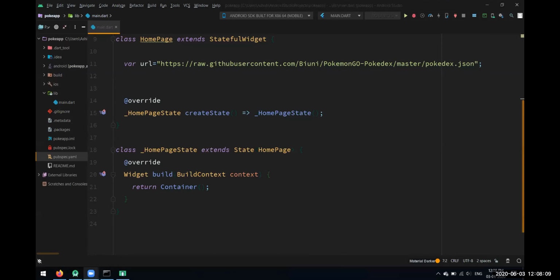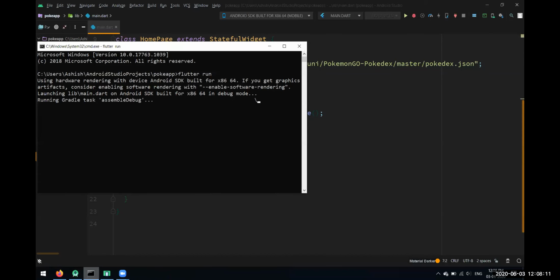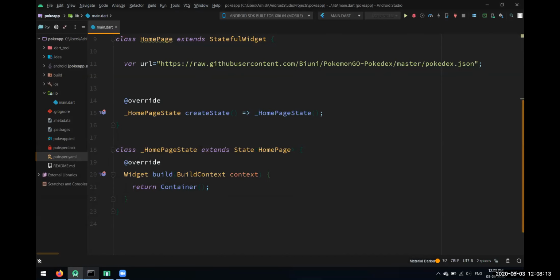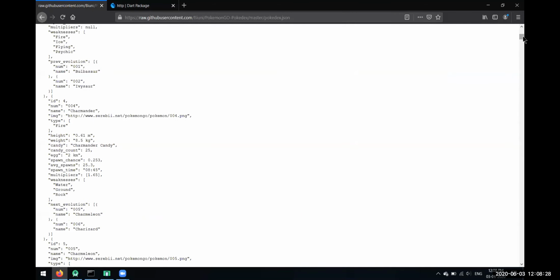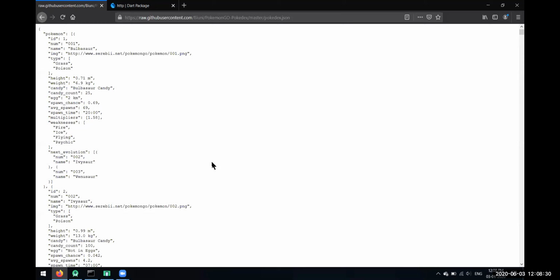Okay, this will take some time. So for now, let's go to the API and make a Dart class out of this API, because this whole data we have to normalize in our application.